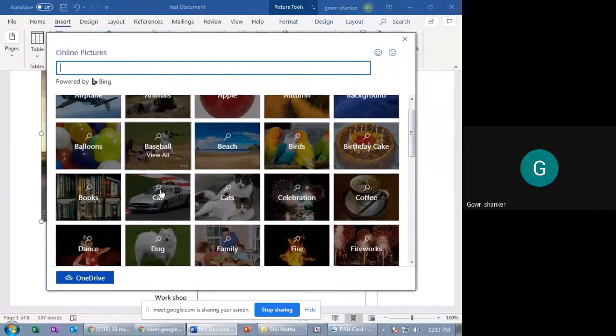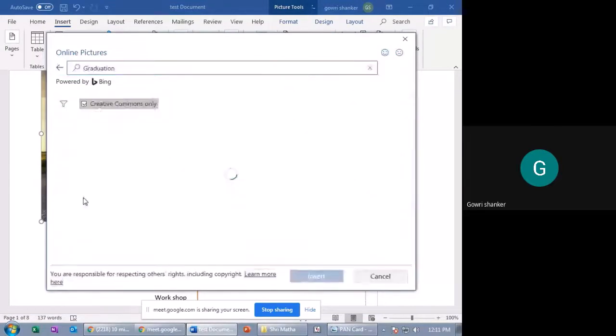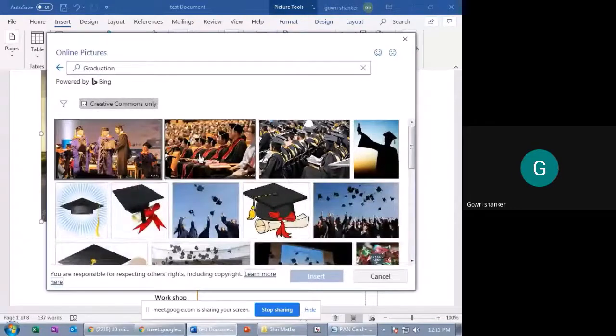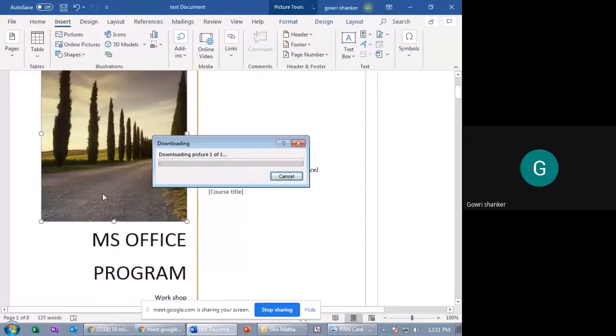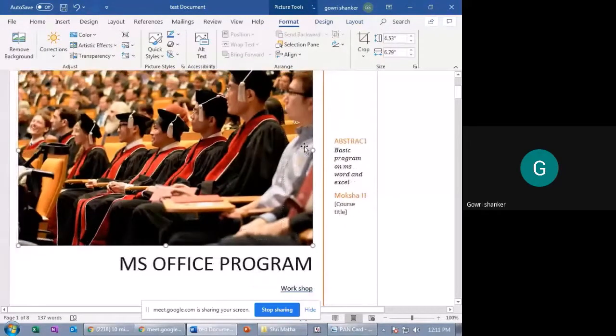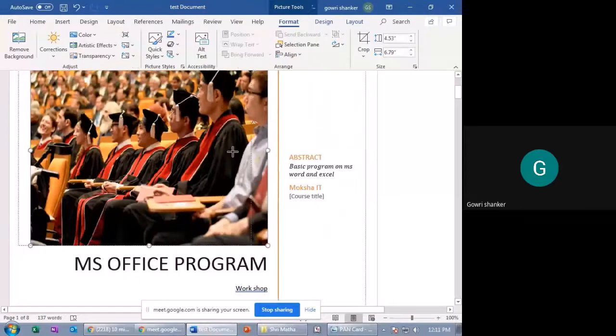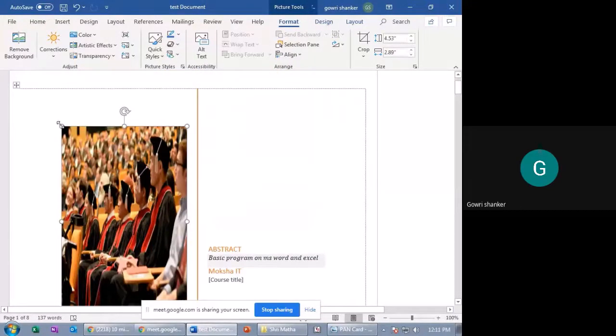For example, I want to change it to, okay, graduation. Insert. Now you can see the picture has come. You minimize the size of the picture to the normal size. Because you are graduates.